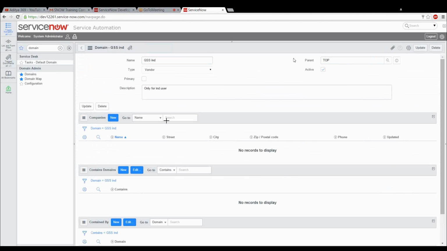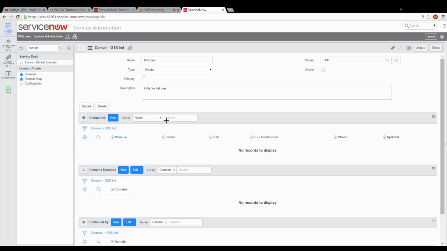Click on a lookup. We call it a lookup, the magnifier. Click on the magnifier in the parent field. Not that one, below that. Yes, there is a magnifier icon, right? Click on that. In Maximo terminology and ITIL standards, we call that a lookup. Click on that to select from the list of existing ones.